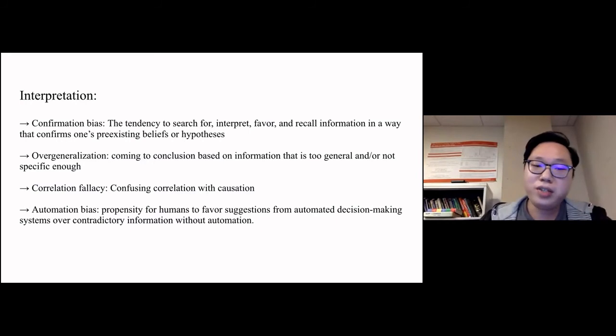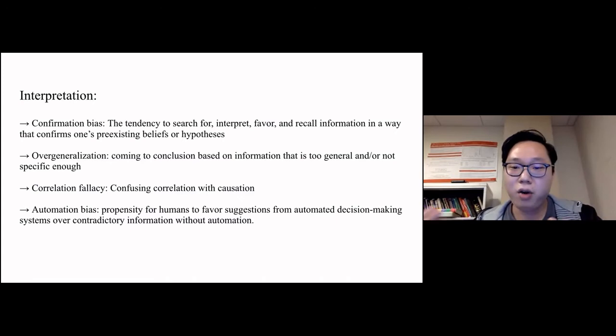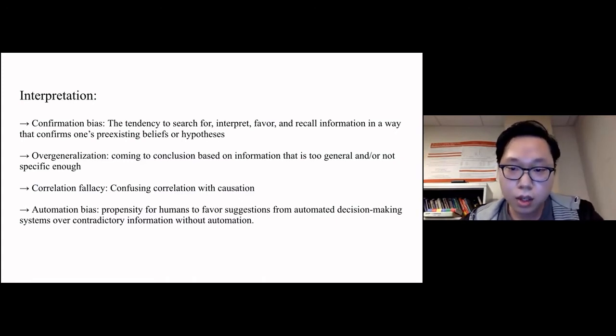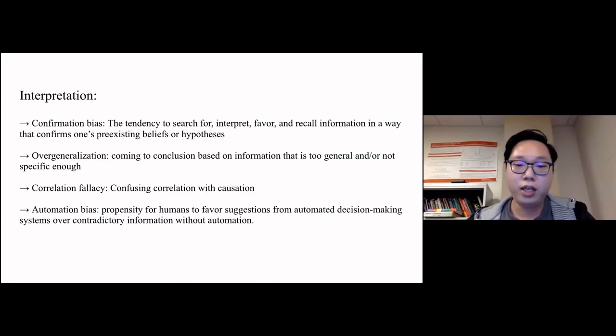When researchers or engineers are interpreting the model, the process might be influenced by their own belief or pre-existing hypothesis. And on top of that, there might not be enough information for researchers to draw any conclusions, maybe because they're using a different set of features that fail to capture what is actually going on in the prediction task. In that case, if they can't come to a conclusion based on partial interpretation from a model, they might come to a conclusion that is only partially correct.